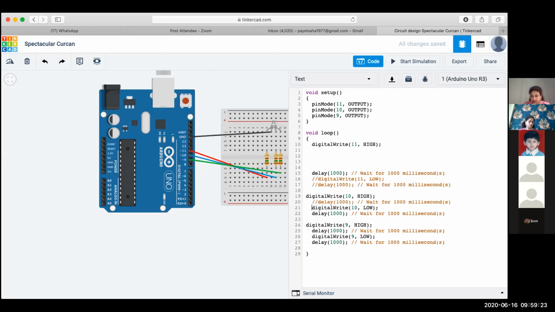I'm making all this as comments. And after a delay of 1 second, I'm making digital write 9 also high, and giving a delay of 1 second, after which this loop will repeat. Let us see what happens. We are playing with the circuit.